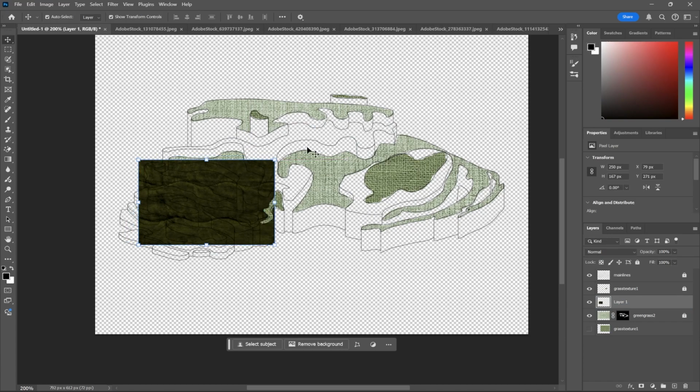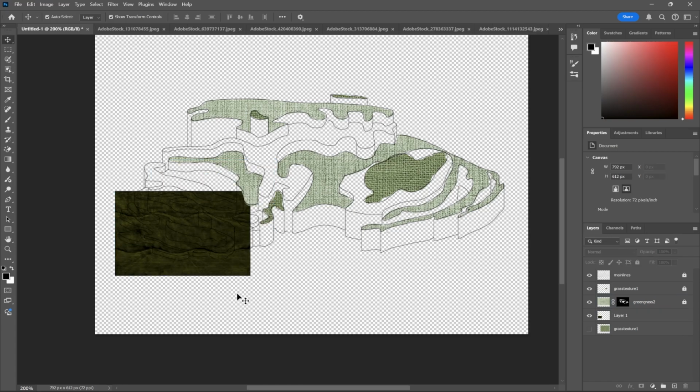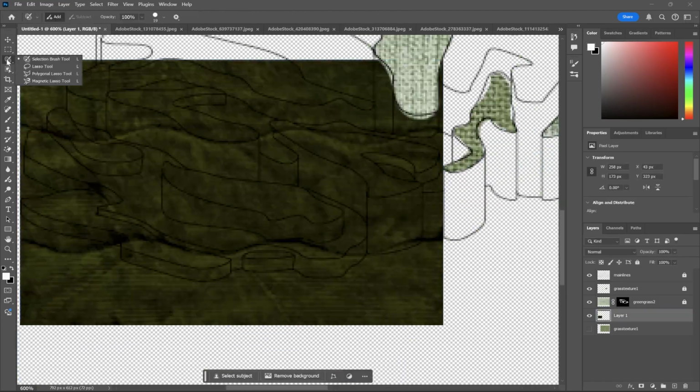So now I can just select this one from anywhere and not move stuff that I do not want to move. Because I've already cut out some of these shapes, I am going to make sure that whatever else I cut out following after that is going to be below those layers. That way I can see the shapes that I've already cut out. And so now I'm just going to continue cutting out my grass textures.